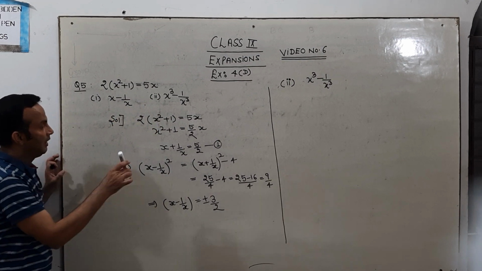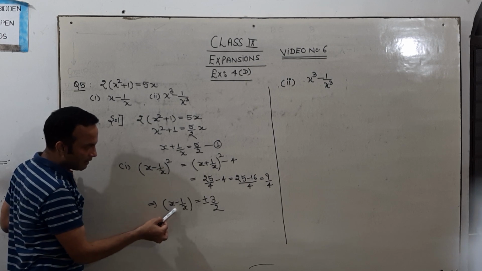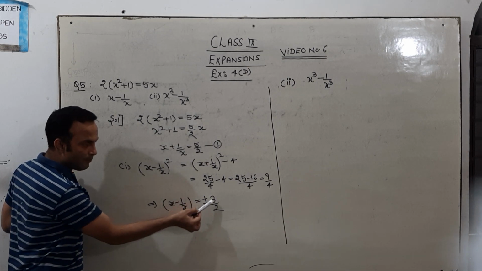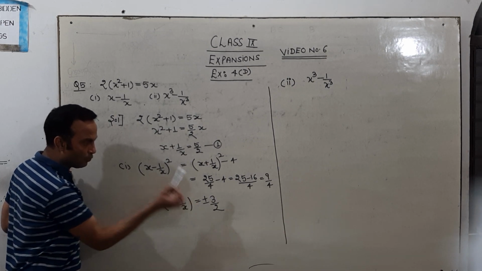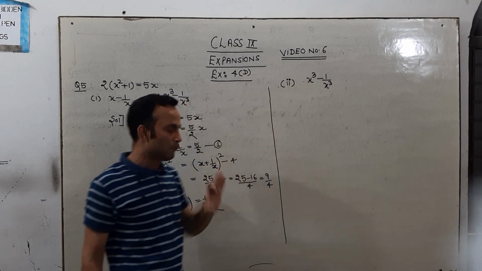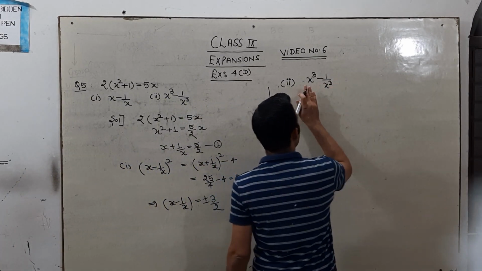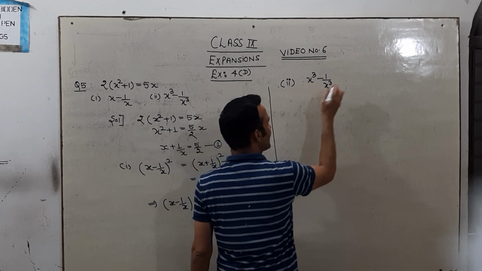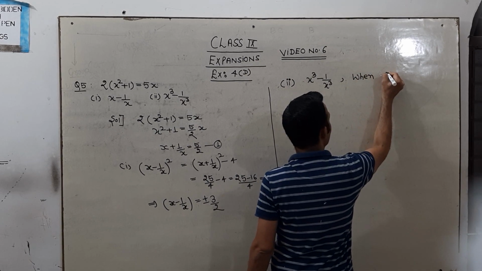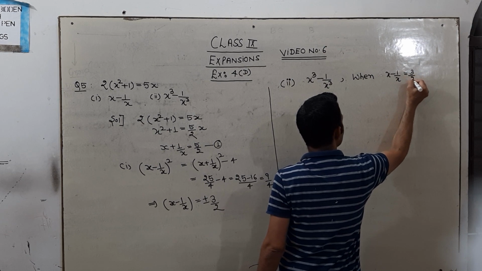Okay, see. My dear students, here you can see there are two values of x minus 1 upon x. One is plus 3 upon 2 and second is negative 3 upon 2. So we find out the value of x cube minus 1 upon x cube for both values, plus 3 upon 2 and negative 3 upon 2. So first, what is the value of x cube minus 1 upon x cube when x minus 1 upon x is equal to 3 upon 2. See,